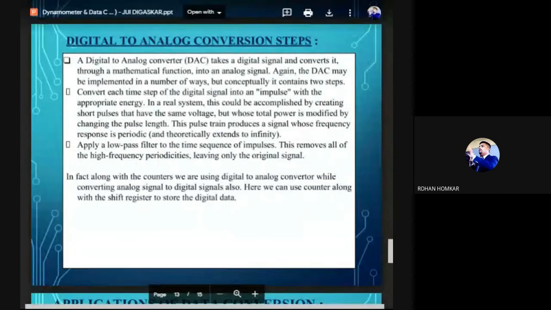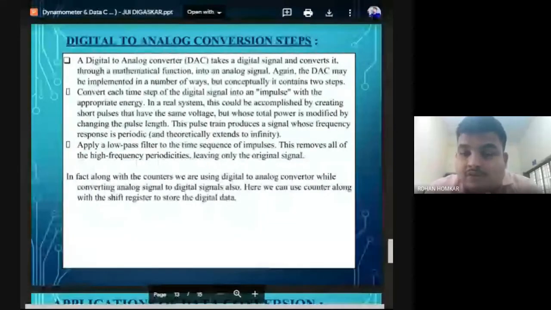कितने समय बाद change होते हैं और कितने समय बाद ये repeat होते हैं, और उसके according आपका जो waveform है वो बनने वाला है. Okay, so now this is basically removing all the high frequency and then it is only for the original signals. Like for example, if you are using this low pass filter, then these are the consequences कि जितने भी impulses आएंगे उसको वो ओरिजिनल सिग्नल के साथ क्या करेगा, कंपेयर करेगा.